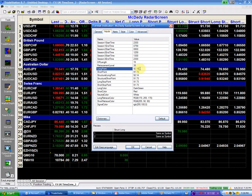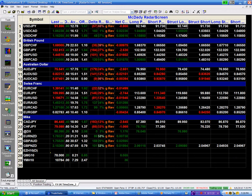This is very nice, guys. Our buying point is 92.10, and the structure long is 92.14. So it's only 4 pips. I'm going to make them one and the same. So we're going to buy above 92.14. It is our long point and it is our structural point. Our structure short is 91.73. It is also our short point, and in either trade we're going to put our stop above or below the 91.73. Okay, this is the dollar